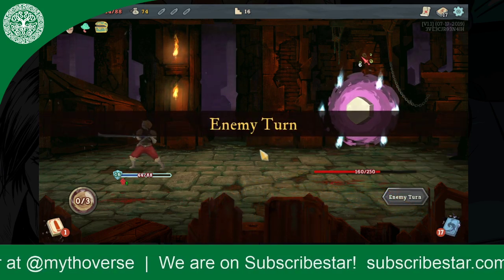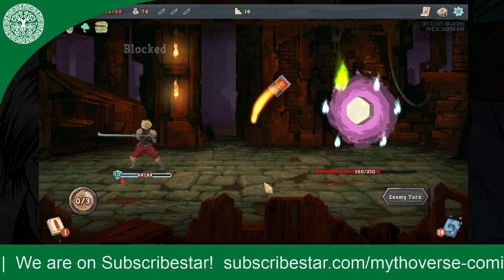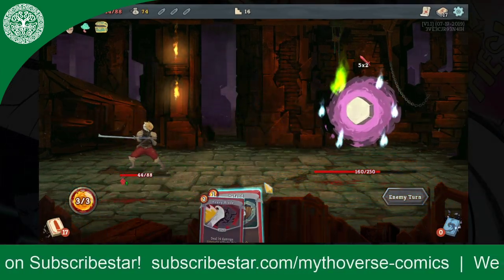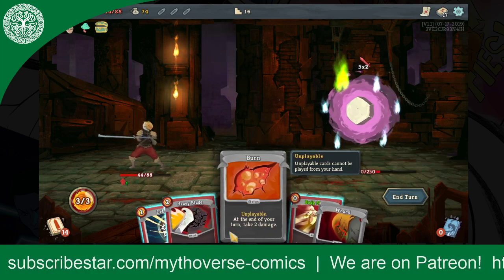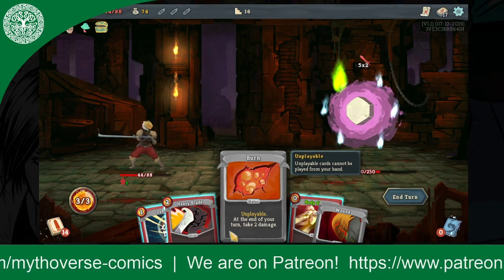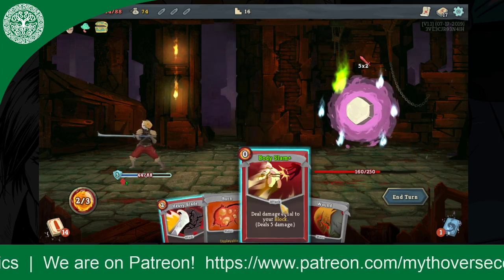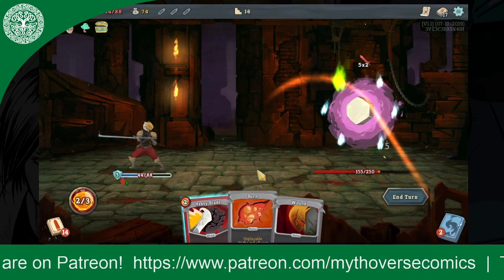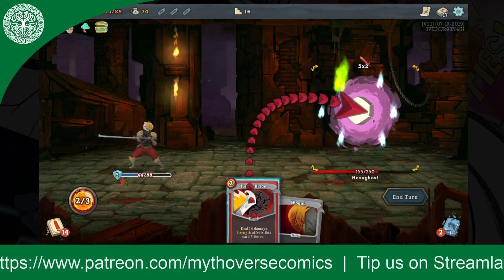I'm still on track to finish him, I hope. Oh, I got another unplayable card in my deck now. So I have Wound and Burn. And then I take 2 damage at the end of the round. Alright. He's going to hit me for 10. So, going to need to go ahead and block, body slam him. And I'll finish him off with...